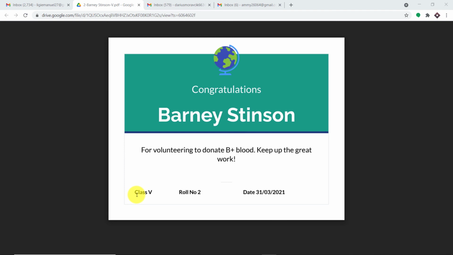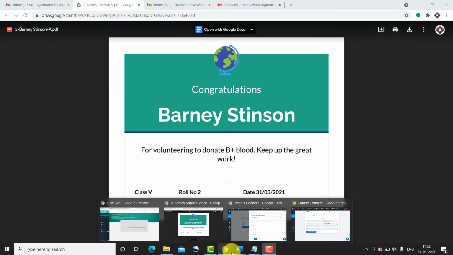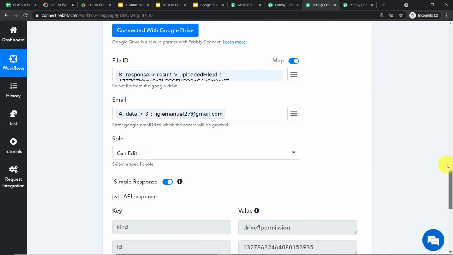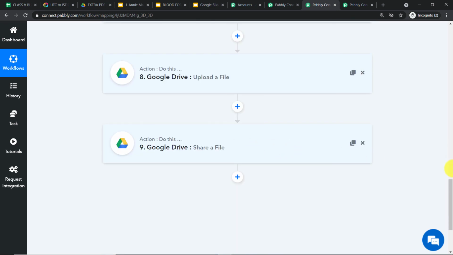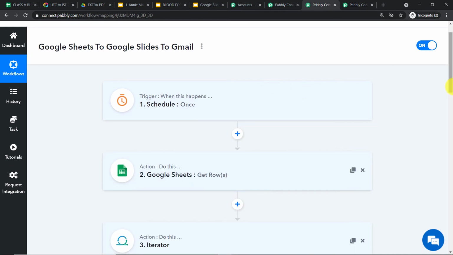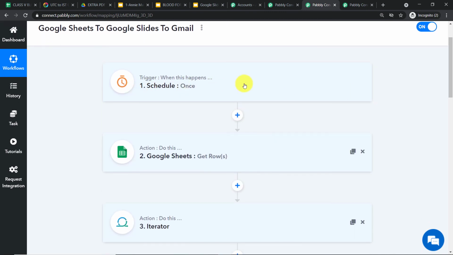Now, before you go and before I end this, let me just explain to you the whole mechanism in a nutshell. So what I'm going to do here is I'm just going to minimize this action window, and I'm just going to explain the whole mechanism in a nutshell. So basically what you have done here is you have scheduled the time at which the certificates will be sent. Now remember this, we have converted the Indian Standard Time to UTC. Now if you are from different time zones or a different country, you have to do it accordingly.